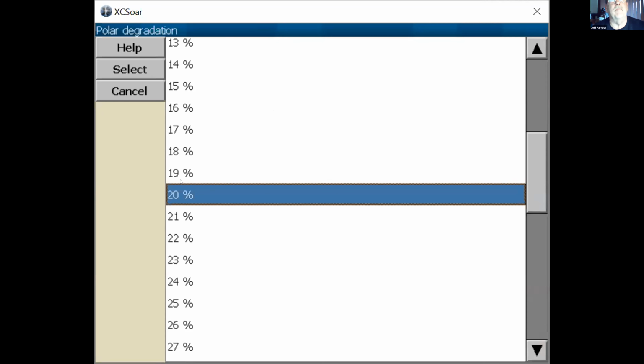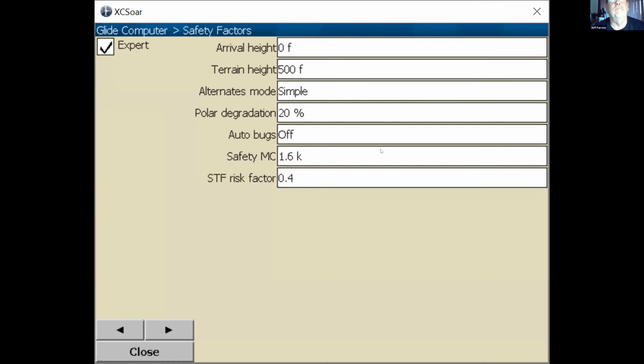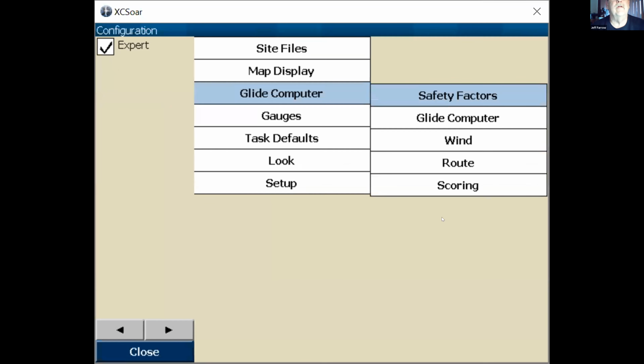So 20% would mean it would add 20% to all of the sink readings that it's getting from the manufacturer's polar or from the polar that you put in. That's probably the main ones that you'd want to be setting up in that area. They're probably these days the most important ones.